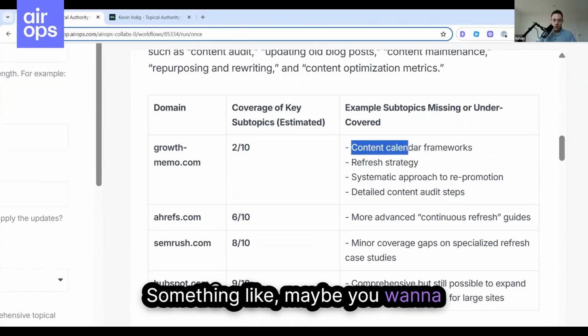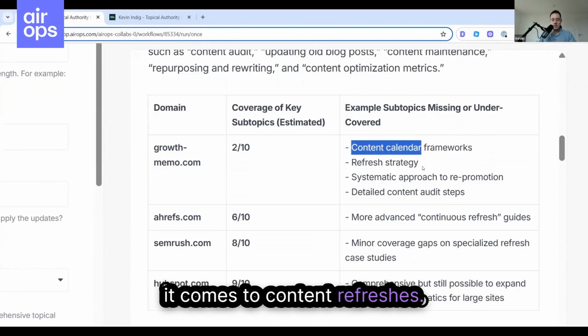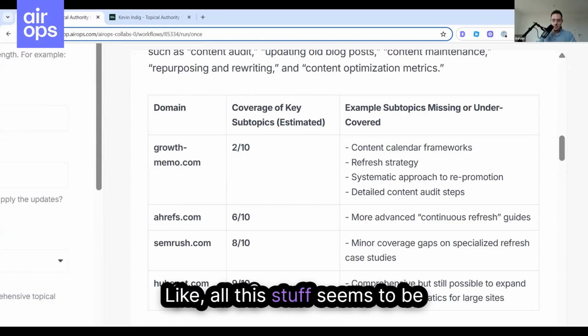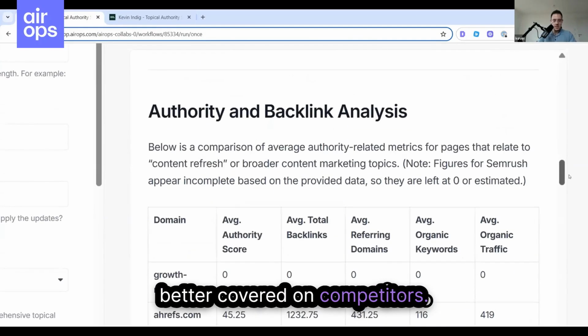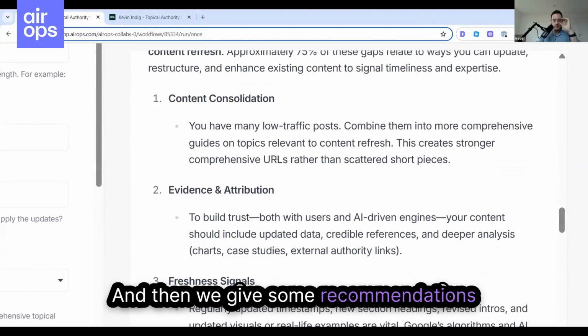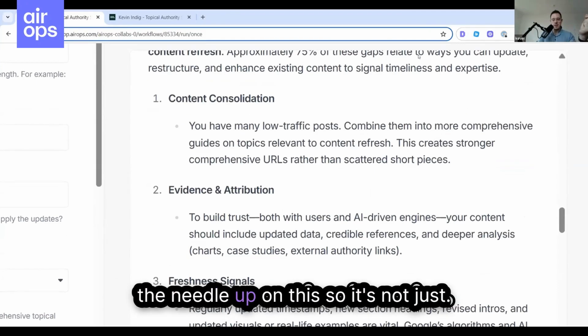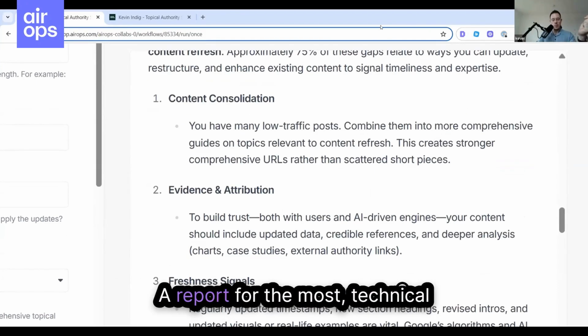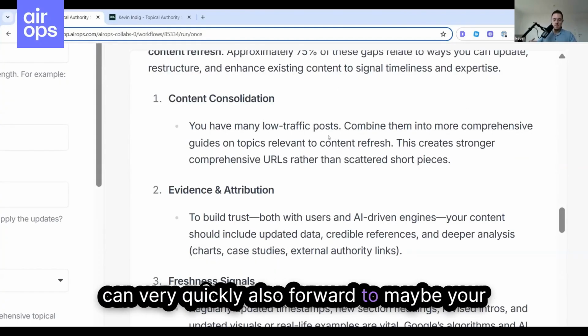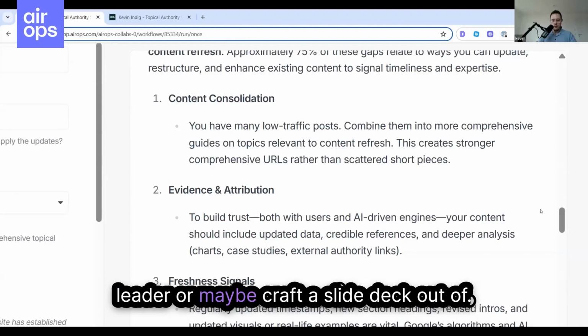Something like maybe you want to talk about a content calendar when it comes to content refreshes. Maybe you want to talk about coverage gaps, right? Like all this stuff seems to be better covered on competitors. We're looking into backlinks, and then we give some recommendations about how do you actually move the needle up on this. So it's not just a report for the most technical people or in the weeds people. This should actually be something that you can very quickly also forward to maybe your leader, or maybe craft a